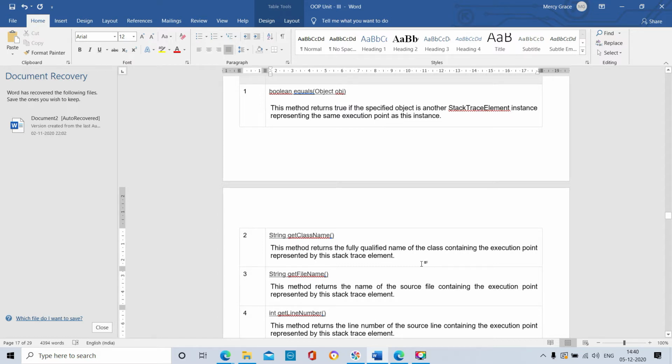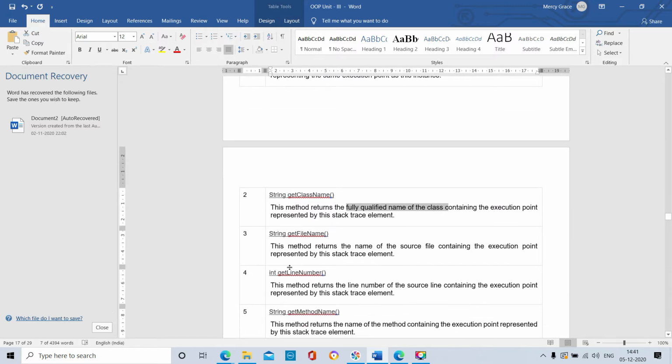So getClassName is the method. It returns the fully qualified name of the class containing the execution point represented by the StackTraceElement.